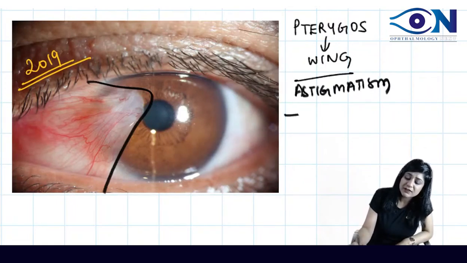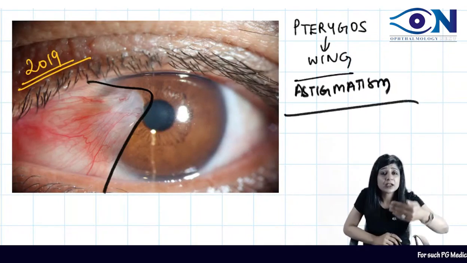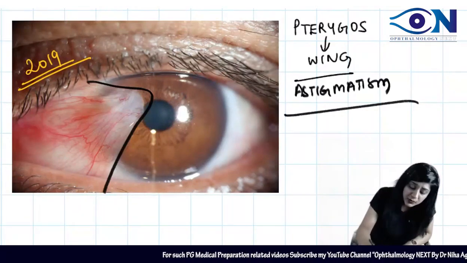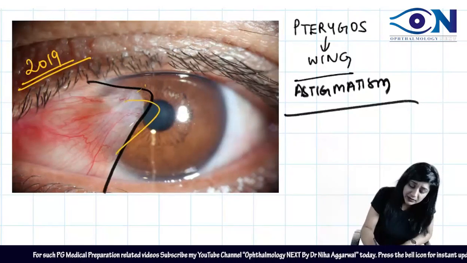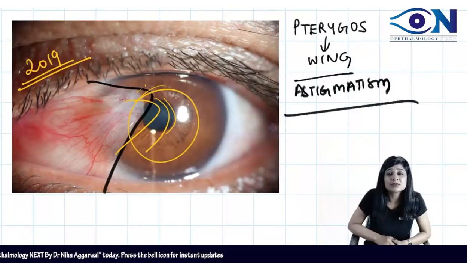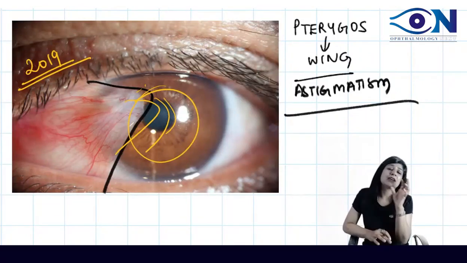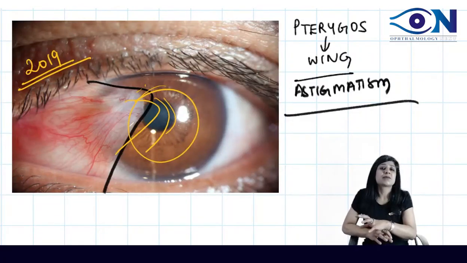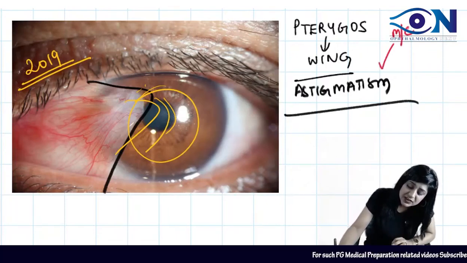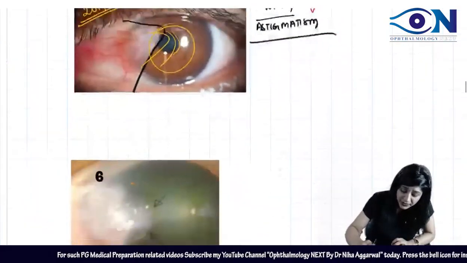So whenever we have a pterygium, it can come over the limbus, it can go even anteriorly up to the pupil, it can obstruct the pupil. So if it is going anteriorly, then obviously we can have obstruction of the pupillary axis. But not every pterygium will obstruct the pupillary axis, while every pterygium will cause astigmatism. That is why it is actually astigmatism that is the most common cause of diminution of vision. All right, now see this.